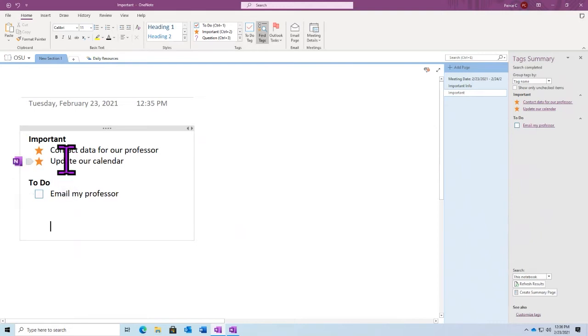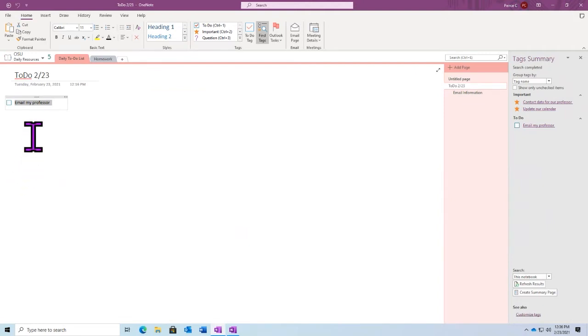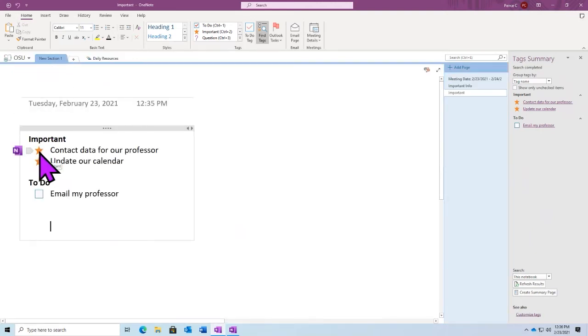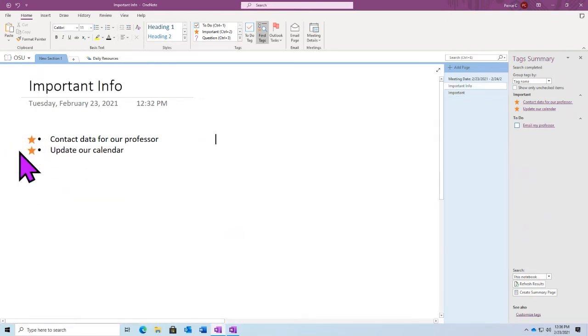So if I were on this page and I didn't know where my to-do list was, I could select the OneNote icon right here, and it will automatically bring me to that location and highlight what the tag is referring to. So we can almost create this table of contents based on tags that we have and easily be able to navigate to them by simply selecting the tag itself or the OneNote icon next to it, at which point it will bring us directly to that content and allow us to interact with it.